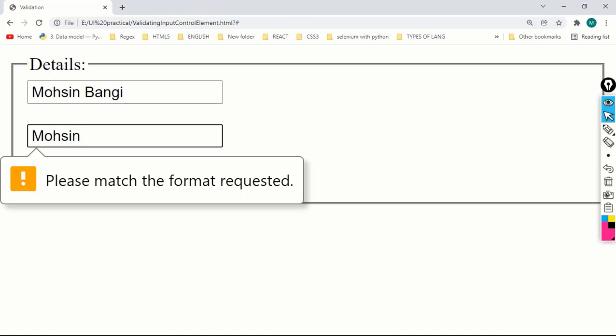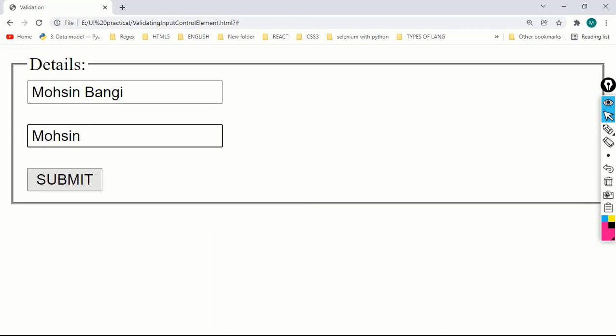Please match the format, please match the format. So here I will have to write some telephone number, 88888888. Okay, and then I am clicking on the submit button. See, it is accepting now. There is no error, there is no error message.